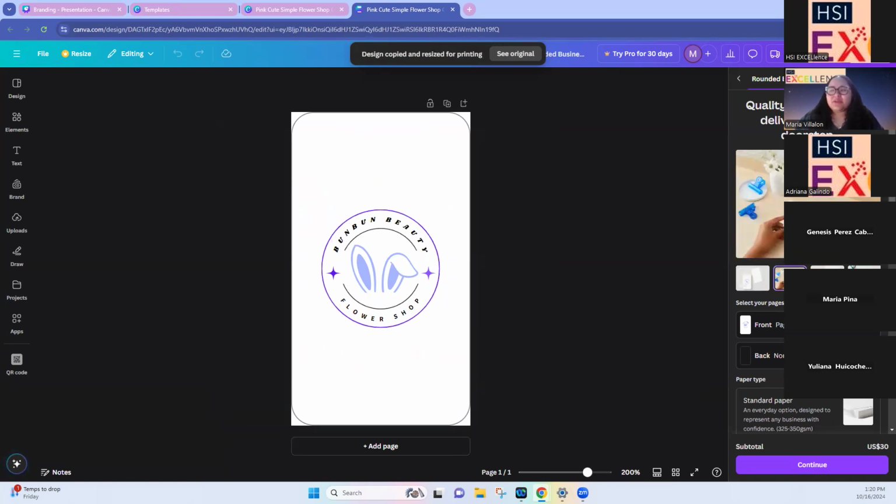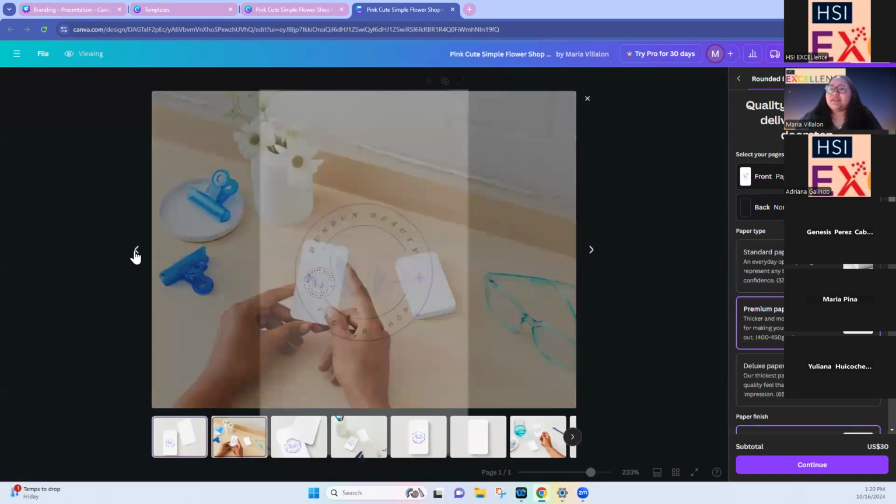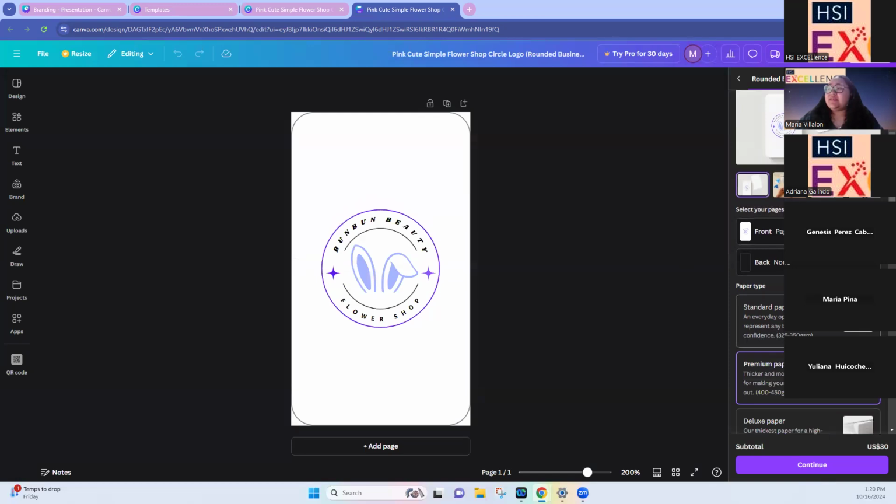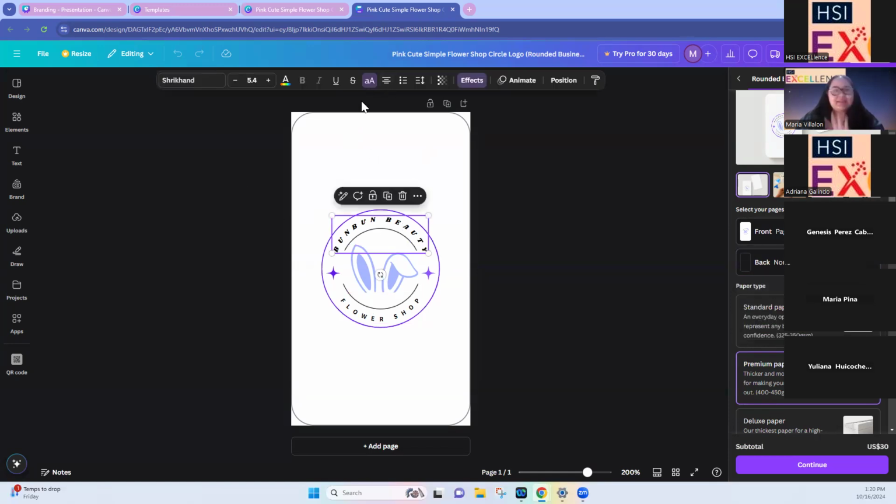But here, what's really great about Canva, like I said, is they provide proofs. So if this is my final design, I could look here and see what it will look like as a business card, which is really nice. And then you'll be able to see, you can work on the front of the business card and also the back of the business card as well. Your logo, as you can see, stays the same. You can customize it here as well, though. And let's say last minute changes you want to make, you can always customize here as well.